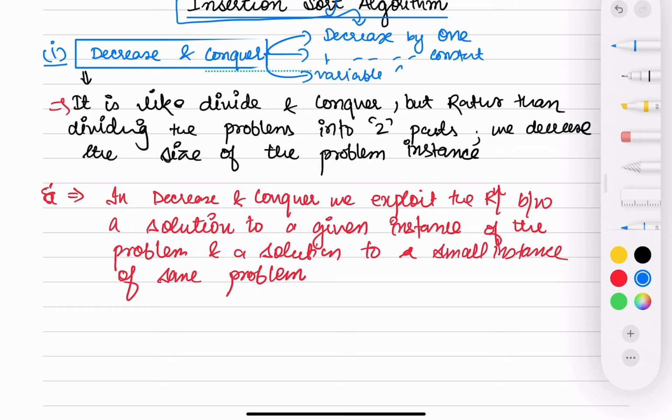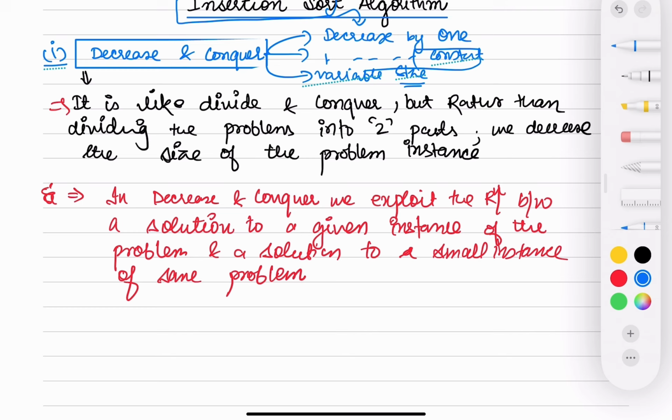For variable size, for example, you need to find the median in partitions, right? By constant, like your DFS, no, DFS is again by 1. Your Josephus problem comes under this decrease by constant, right? So decrease and conquer. So the first important point we need to conclude here is that